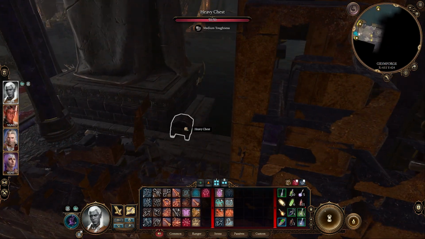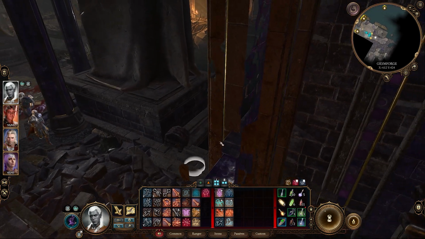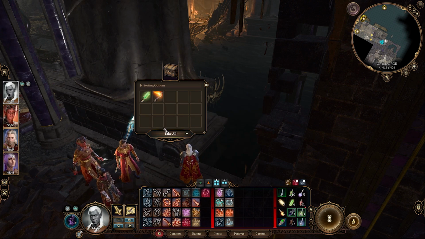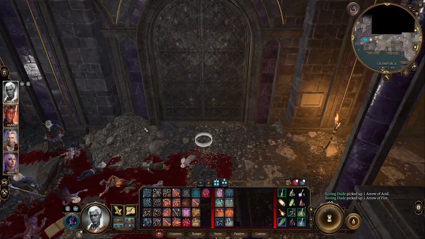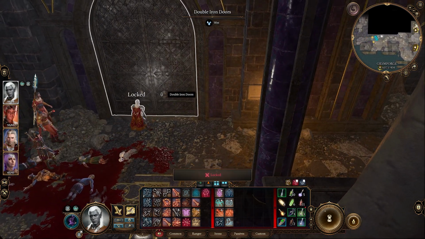There is a chest round here. Let's go and have a look. I even considered stealing. Arrows, take those. I should get into using those more. I'm going to try to. I did in the boss fight. I've got quite a lot of arrows now, so I should probably...